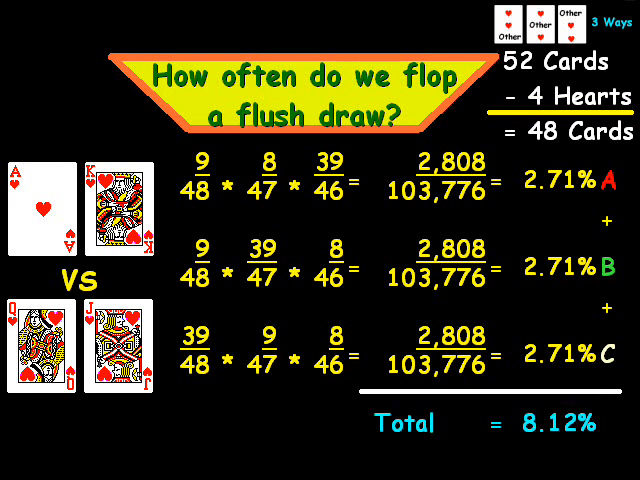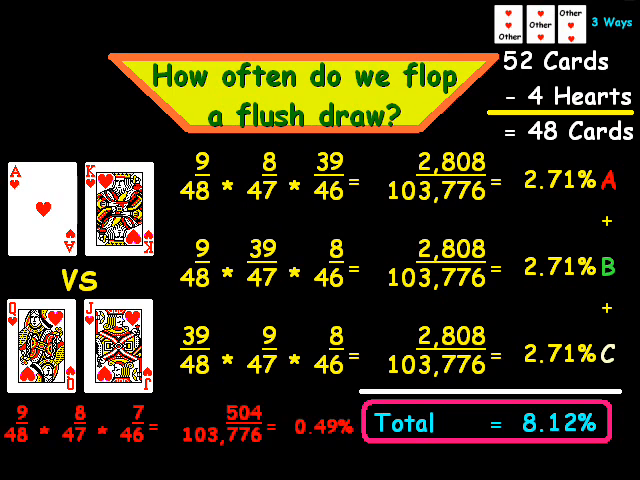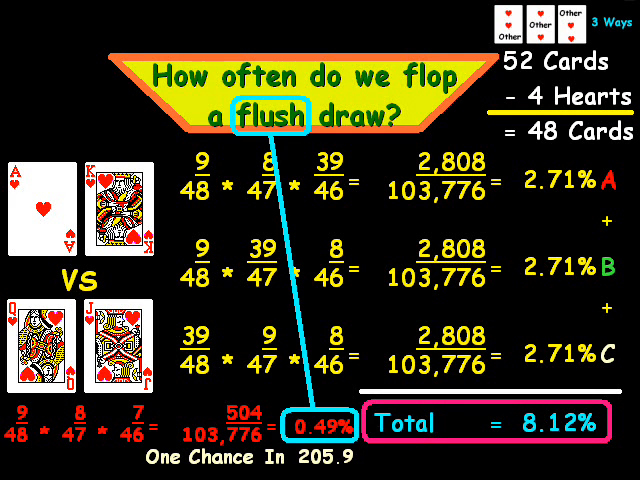Now, if we want to know how often they'll get coolered, in other words, we have the ace king of hearts, they have the queen jack of hearts, and there's 3 hearts on the board. Well, I've got the math for that down here. 9/48 times 8/47 times 7/46 comes out to 0.49%, which is 1 chance in approximately 206 or 205.9. So if we both have these cards on the left here, we will flop a flush about 1 in 206 times, or